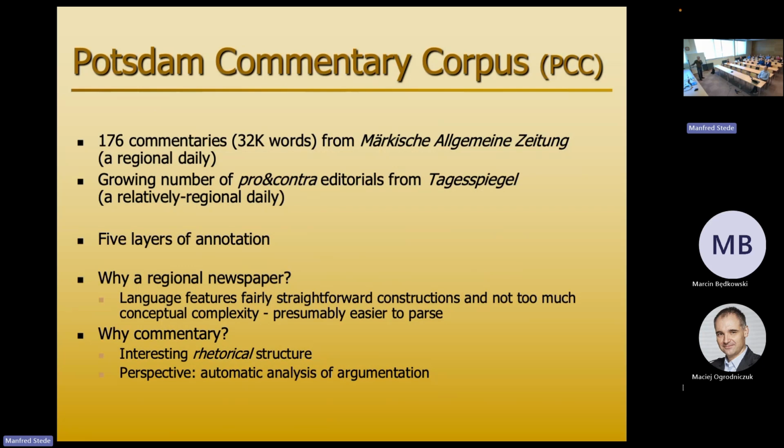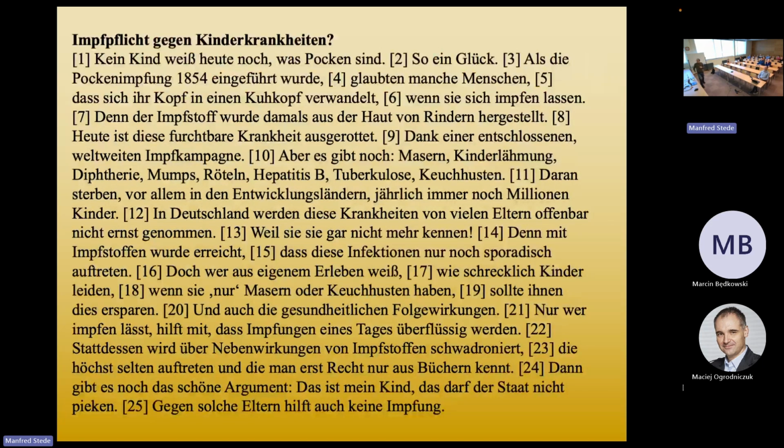At the time, we chose a regional newspaper because we wanted to do automatic syntactic parsing and later discourse parsing, so we wanted some not too intricate linguistic structure like you get in a major newspaper. So this was actually a good choice from that perspective, I think, because it's easier to parse. To get interesting rhetorical structure, we didn't look at news text, we wanted only editorials, commentary text, because their opinions are being influenced, and that's more interesting for rhetorics than just presenting news. And indeed, we did a lot of work on argumentation mining in the last 10 years on this corpus and on other data.